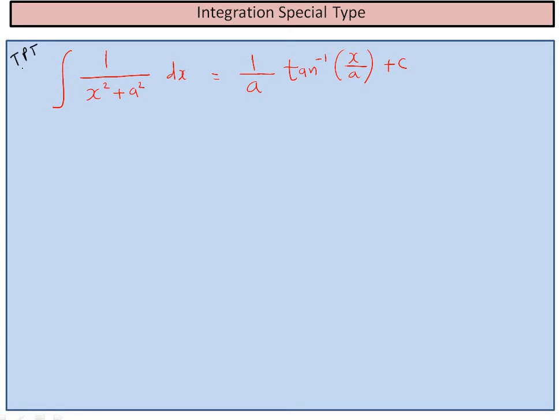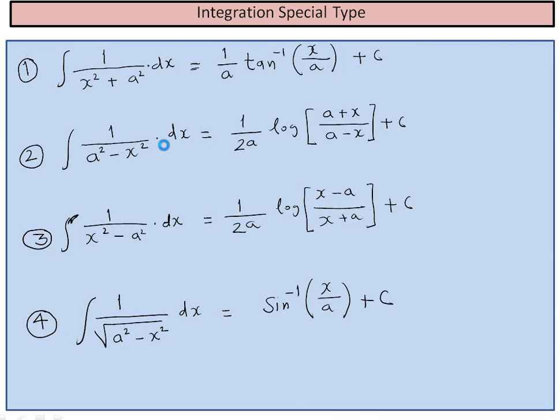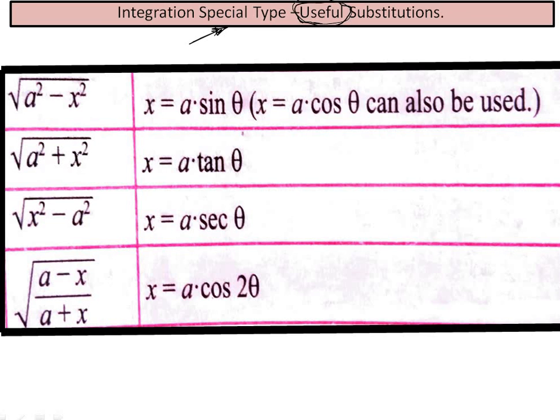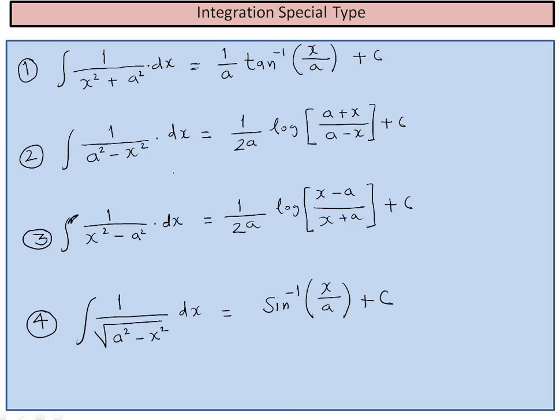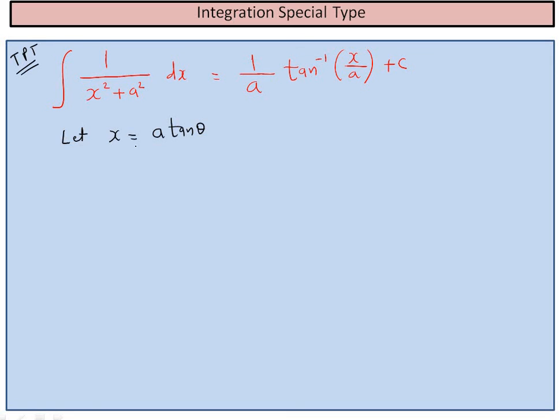To prove that integral 1 upon x square plus a square is equal to 1 upon a tan inverse x upon a. अभी यहाँ यूजफुल सब्स्टिट्यूशन में क्या है बच्चों? Let x equal to a tan theta. समझ गए? How we have done this? These are the useful substitutions. There is something like a square plus x square. रूट के अंदर होने दो या रूट के बाहर होने दो, same substitution. समझ गए? चलो, so what does this give me?